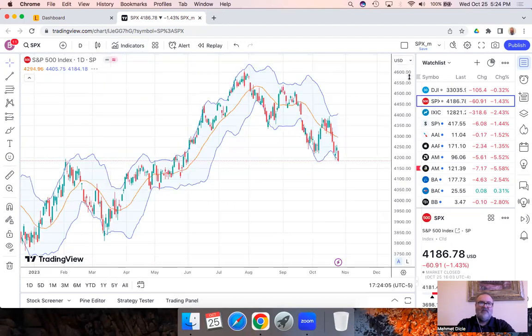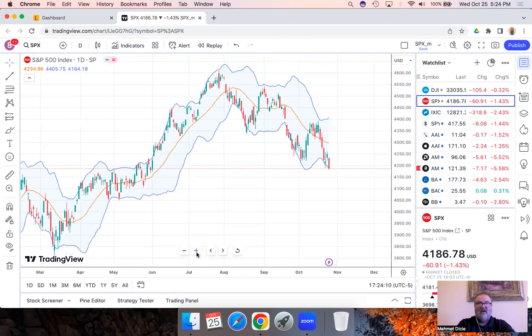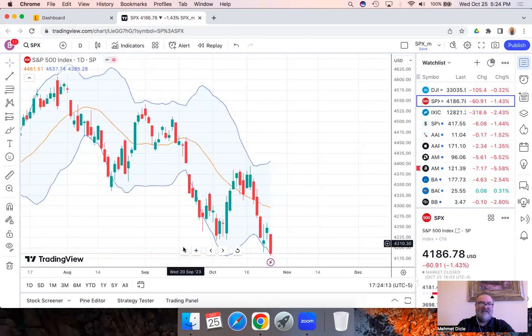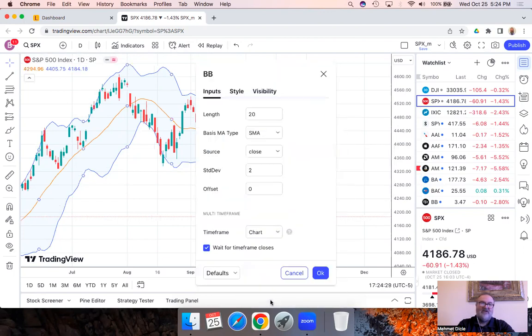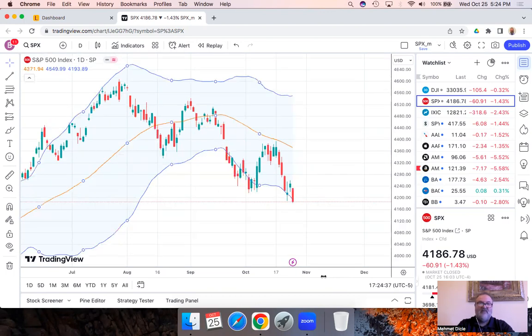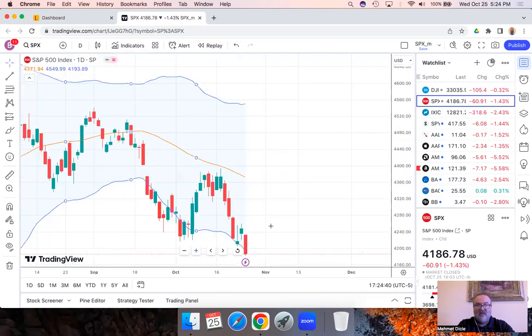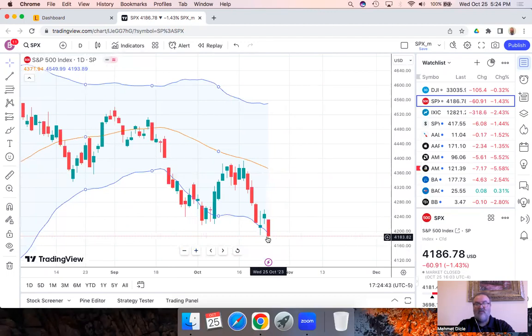With respect to the Bollinger Band, we are now right at that lower band. Usually the Bollinger Band does not have a signal yet, but we are very close to one. And if anything, we would say that we are a little bit oversold. But remember, I'm going to change the length of the moving average. Usually it comes with 20, but I want to do 50, which will look very similar to the 50-day moving average. And based on that 50, as of today, we actually just broke